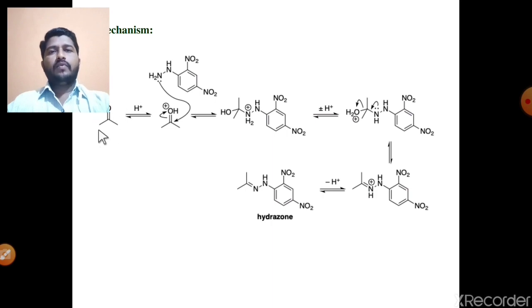The simple carbonyl compound, CH3 C double bond O CH3, or a general carbonyl compound, in the presence of an acid catalyst. The first step is protonation of oxygen. Oxygen has two electron pairs. Out of these, one pair is attached to H plus, means there is a bond formation between oxygen and this proton, so protonation of oxygen takes place. After protonation, this carbonyl carbon becomes more reactive.